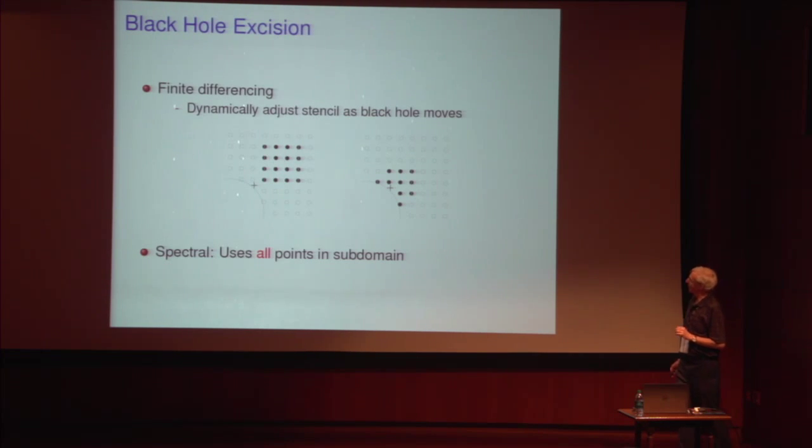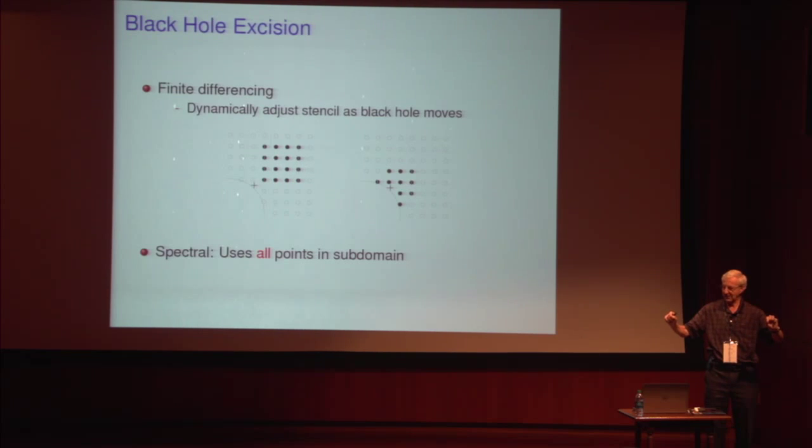Okay, so when we want to have black holes on the domain, one way of handling the black hole is basically to say, well, black hole has a singularity inside. I don't want that on my computer. But no information can propagate out from the black hole. So I can excise a region in my computational domain that contains the black hole. I don't need any boundary conditions. Nothing is coming out. That's tricky if I'm doing finite differencing, right? How do I adapt my stencil around there? It's even trickier if I'm doing spectral